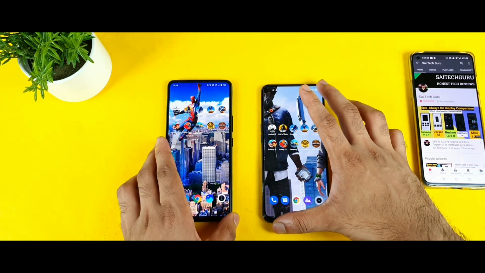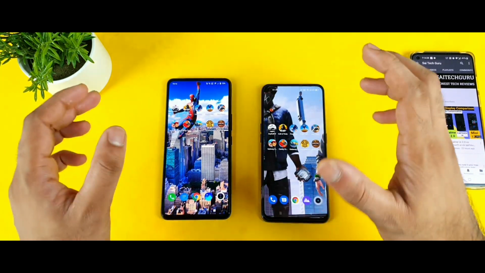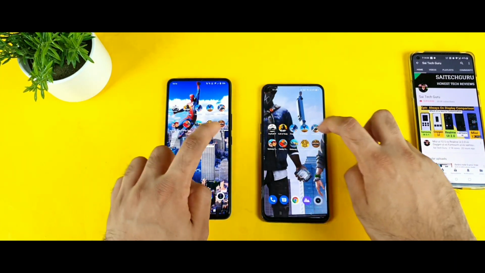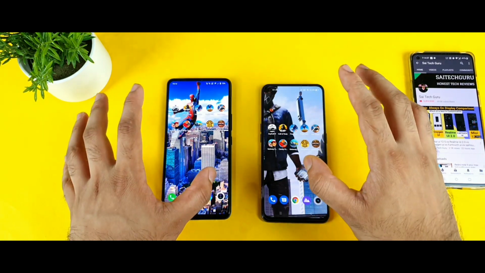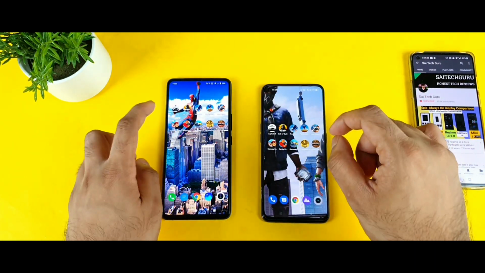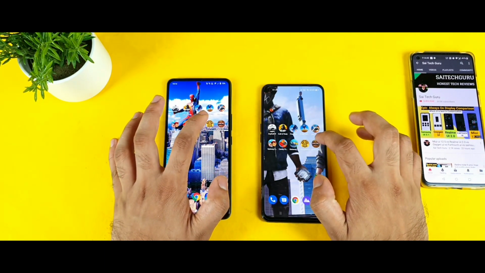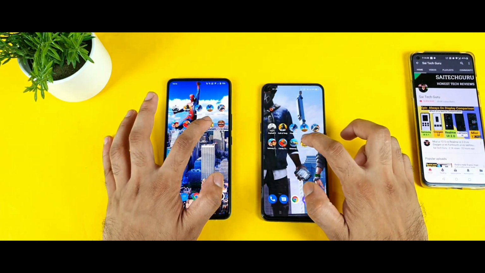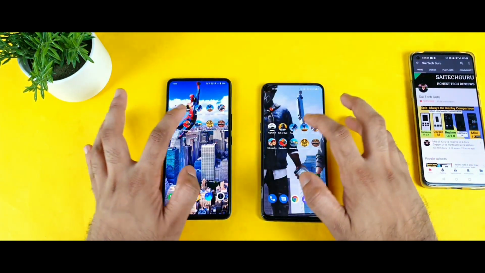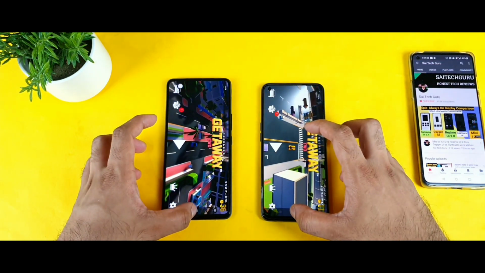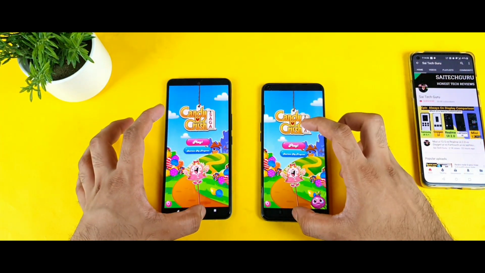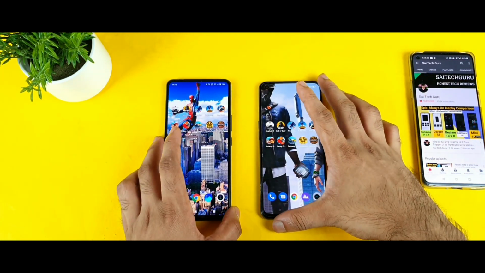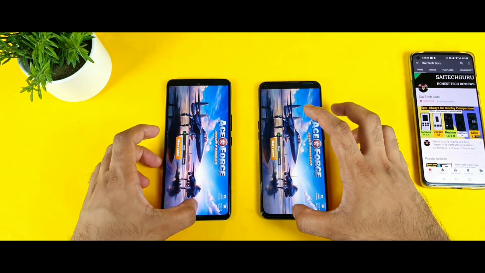So now let's move to another test, which is opening the RAM management from multitasking. Let's see which phone will have how many games. So let's come from the back side. Before, I used to come from the front side, but now let's come from the back side, because some people did ask me to go from the back side when opening from the RAM management. So let's see. Minecraft should be open already, because just now I did open the game. So let me go back, and Temple Run, both are the same, no issues. And Getaway 2, both are the same, perfectly done. And Candy Crush, yes, no problem. Subway Surf, yes, good. Till here it was really good. So 5 games in the background and 6 games in the background, that's perfect.